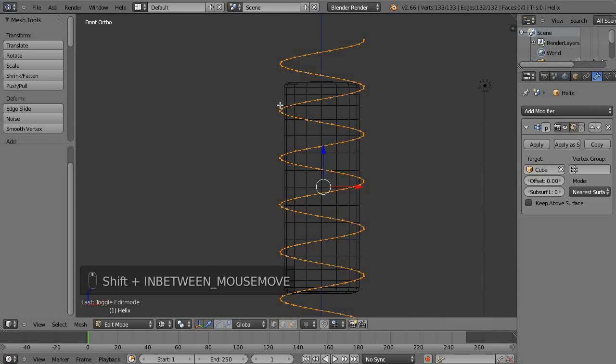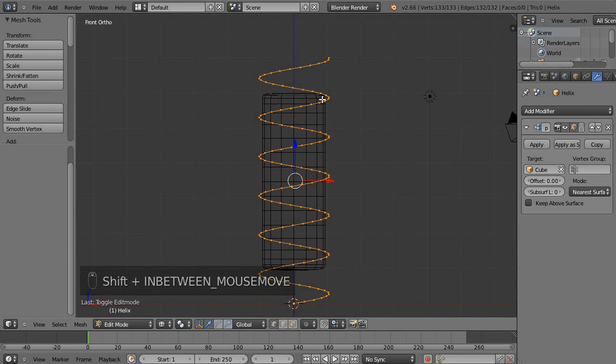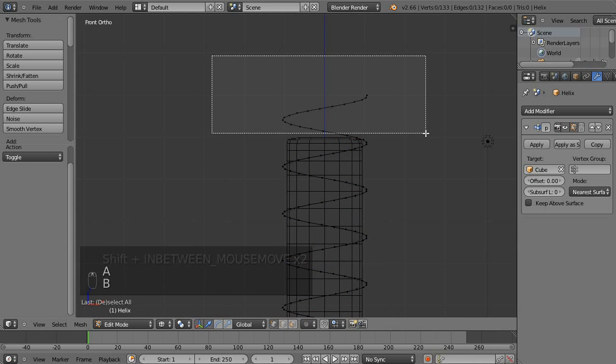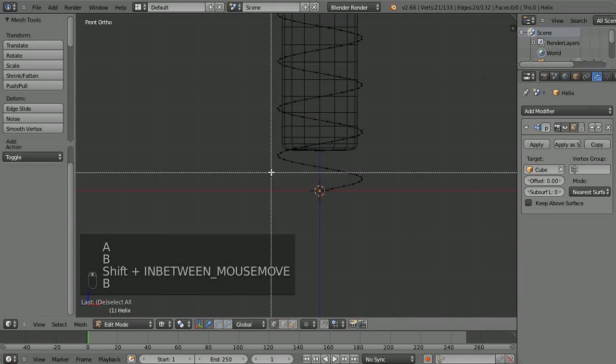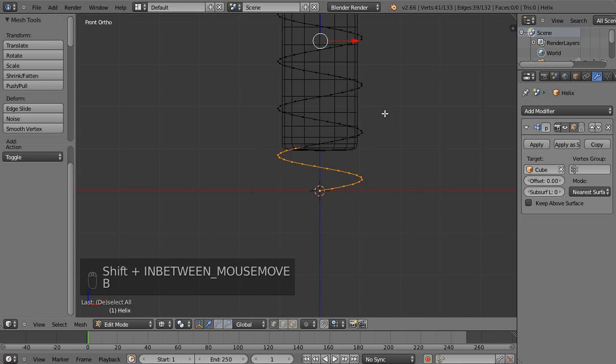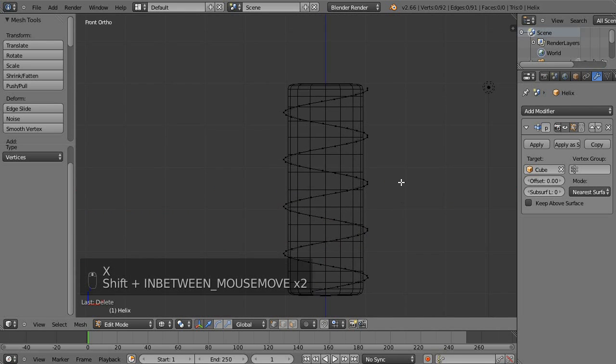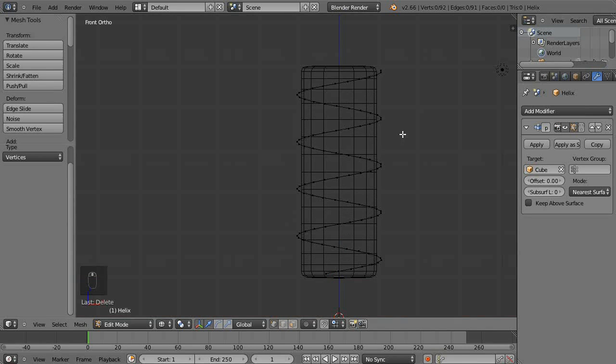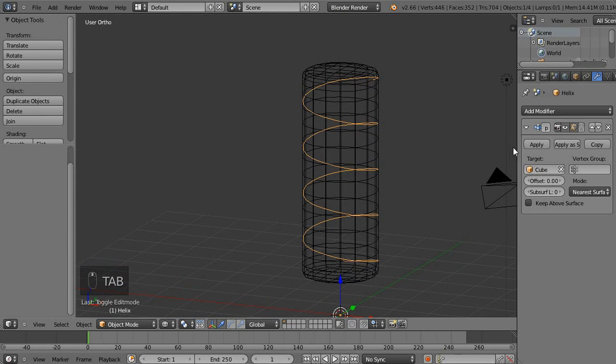So for now, especially this just being the first one, I'm not going to worry too much about the positioning. So I'm just going to remove the tops and the bottom vertices, so we've just got the vertices that are interacting with the object. Now we can apply the Shrinkwrap Modifier,